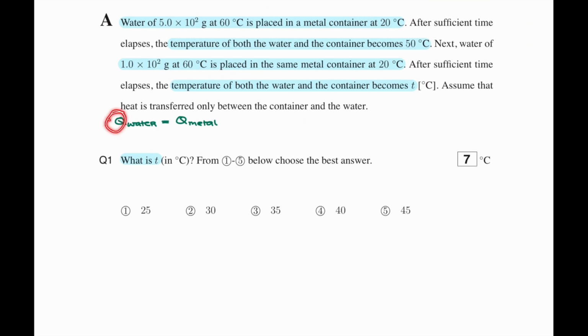To calculate heat or thermal energy, we can use the formula mc delta T. M is mass, C is the specific heat capacity, and delta T is the change in temperature. So, mass of water 500, C of water we do not know, so I will write down as Cw. Delta T of water initially 60, at the end 50. So the delta T of water is 60 minus 50, which is 10. Is equal to